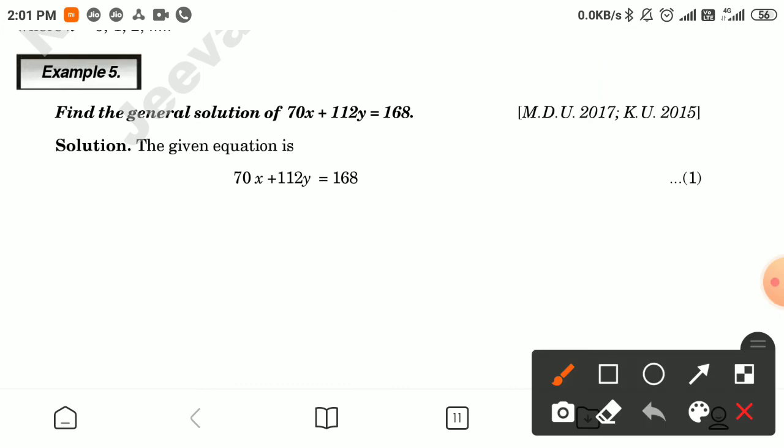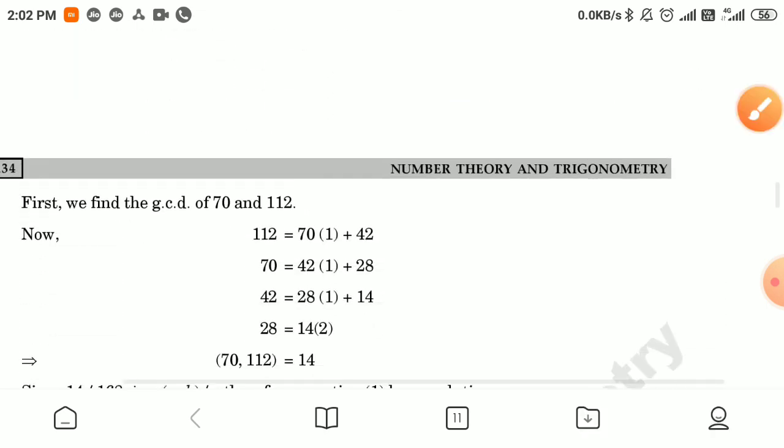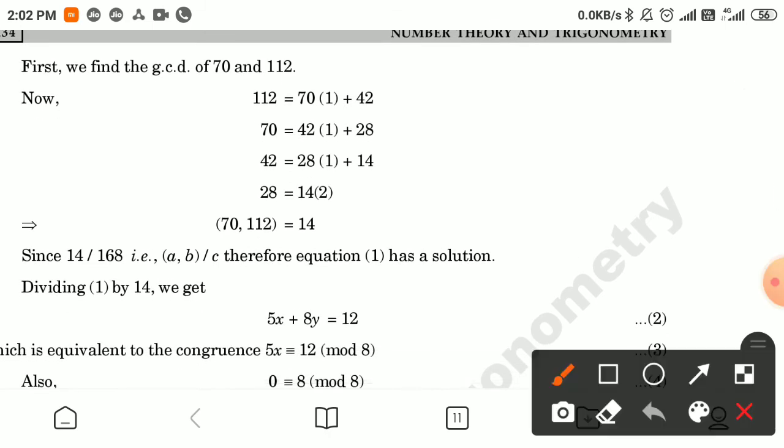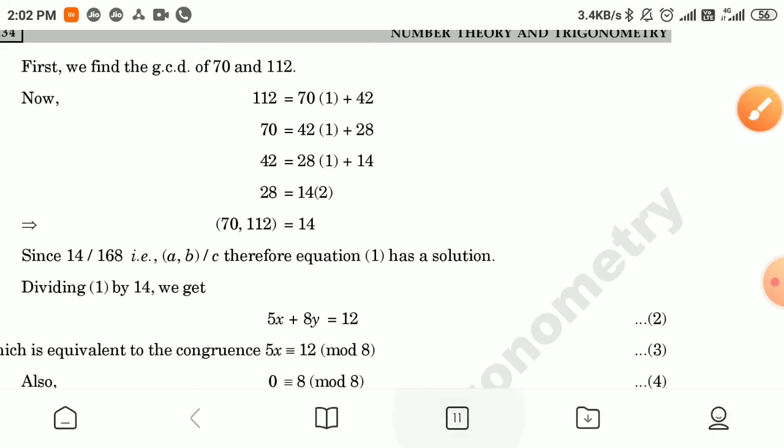Now find the general solution of 70x + 112y = 168. The given equation is 70x + 112y = 168, marking this as number 1. First we find the greatest common divisor of 70 and 112, that will be 14, and 14 divides 168. Therefore equation first has a solution. Dividing first by 14, we get 5x + 8y = 12, marking this as number 2,